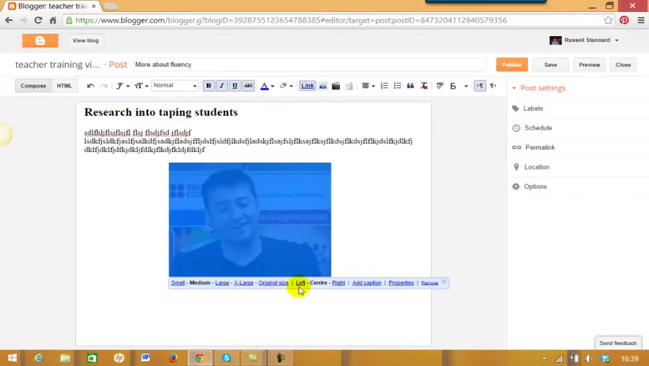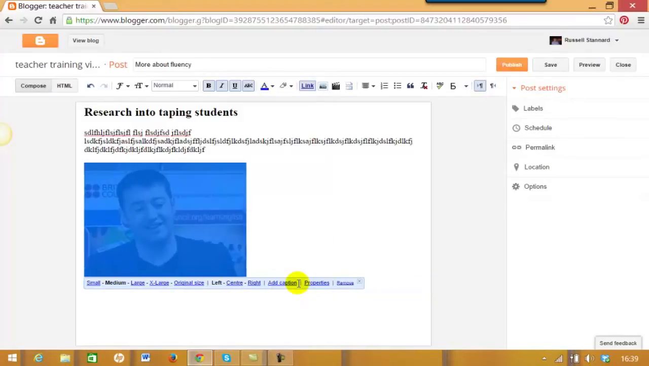First of all, we can shift it to the left or shift it to the right. We can make it smaller or larger. You've got various sizes, or you can always set it to the original size. You can add caption etc, etc. So I'm going to shift this image to the left, so I do that and add to the